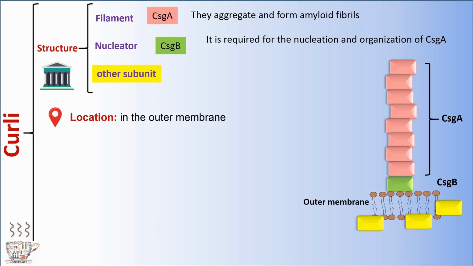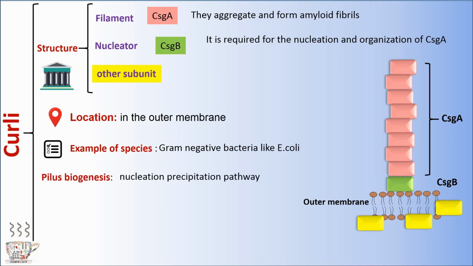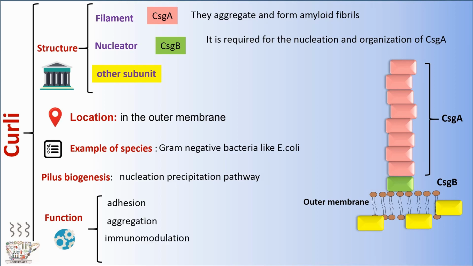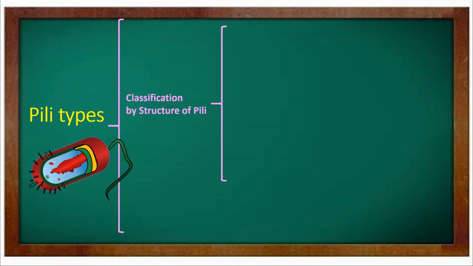They are located in the outer membrane. Example of a species, gram-negative bacteria like E. coli. Curli pilus biogenesis is by nucleation precipitation pathway. They play a role in adhesion, aggregation, immunomodulation, and biofilm formation. As I told you a few minutes ago,